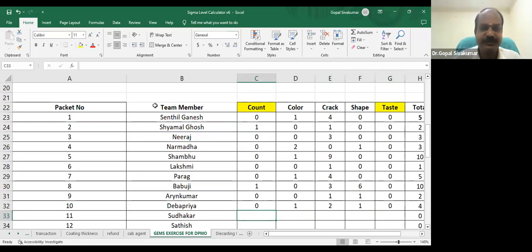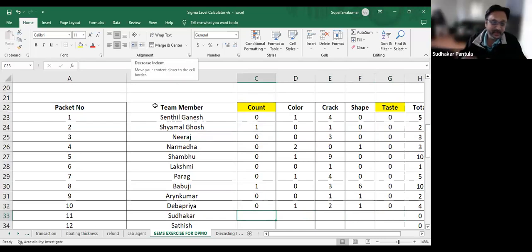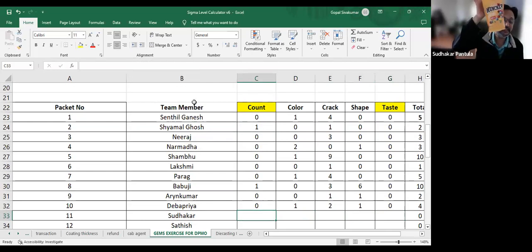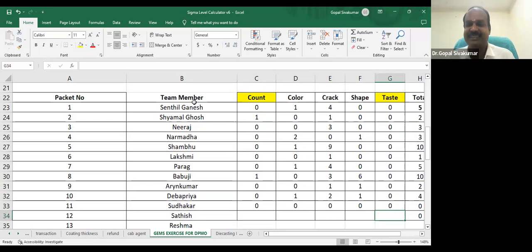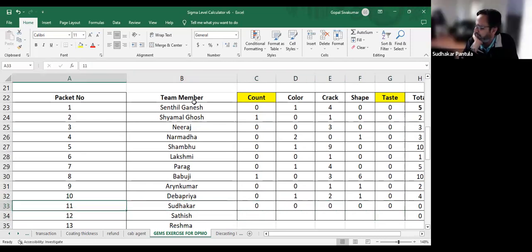And then Sudhakar. But I did not get gems. I got something else here, which is more than 10. So I should exclude myself from the sampling. You can enjoy that throughout the course. I just consider your pack is all right. No defects.